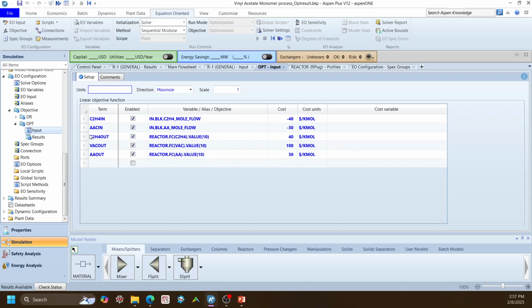And then the acetic acid inlet flow rate also minus 30. And then the product: the ethylene isn't really the product, but the excess we can sell, assume 40, the same price. But the main product, which is phenyl acetate, is 100, and then the acetic acid as a byproduct is 30, right? So we could only get this number if we run